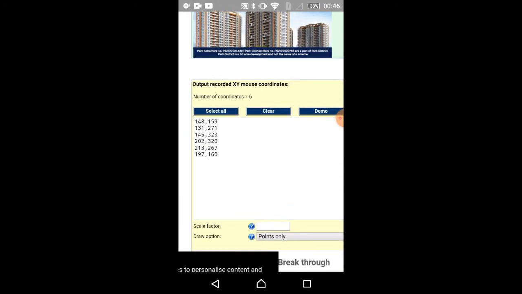You can also take a screenshot of this, but while writing the code you have to go back to check what the coordinates are. If you are writing it down, it will be easy. So I'm just writing the coordinates. I'm done.